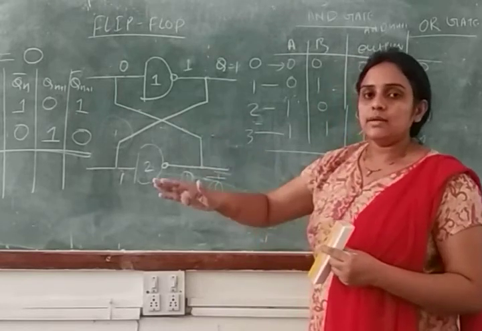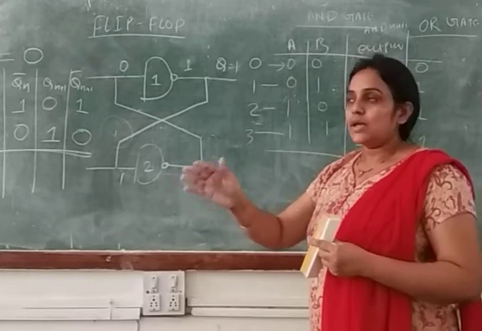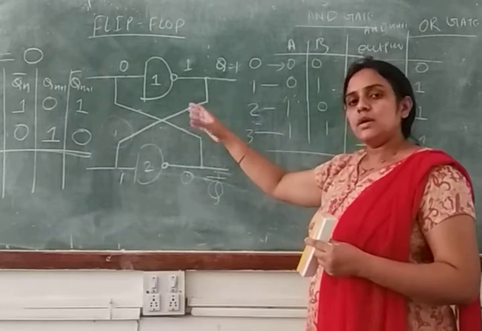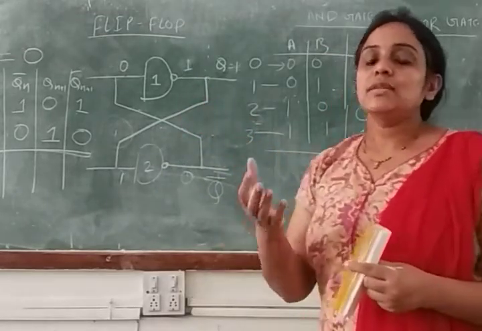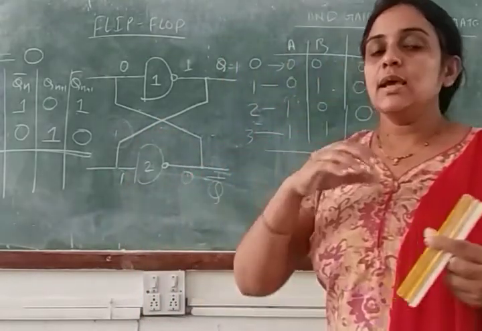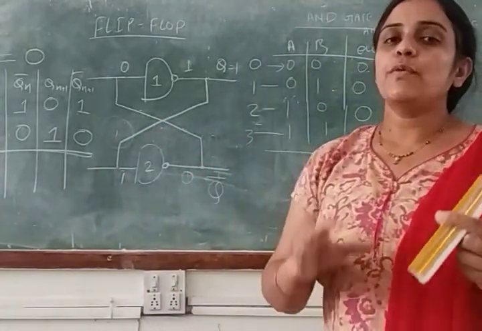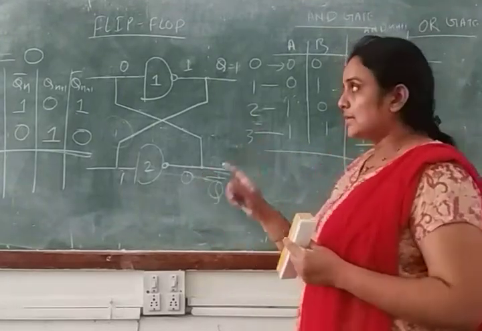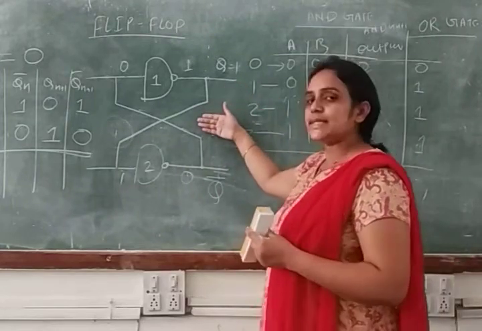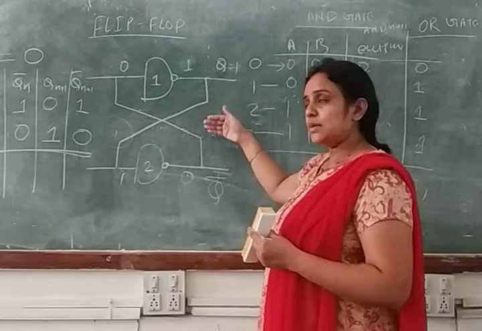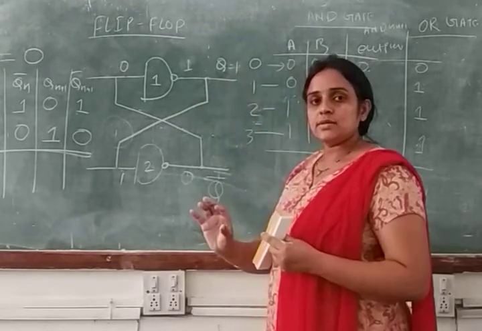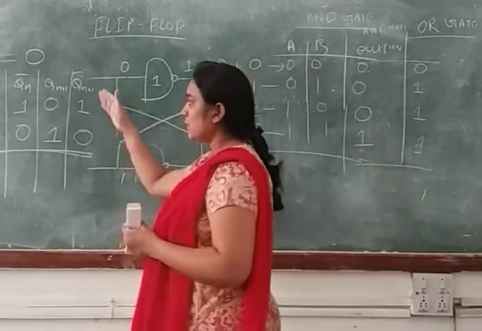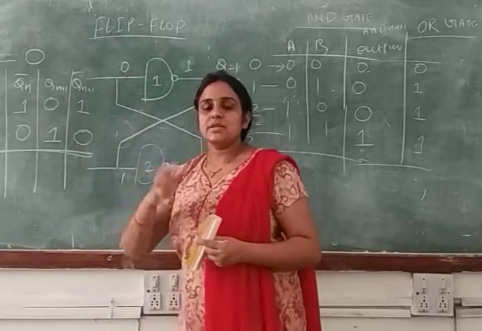So we will modify that flip-flop to the next level, and we will add some NAND gate or NOR gate. We will modify this structure in some way so we can give the desired input to the circuit, and we will see how we will get different types of output. Clear? So in this session we will stop here with the cross-coupled inverter, and this is a bistable flip-flop. And why are we saying this is bistable? Because if you are providing 0, you will get reset state. If you are providing 1, you will get set state. So this is the state of your flip-flop. Qn and Qn plus 1 represent your present state and next state output.